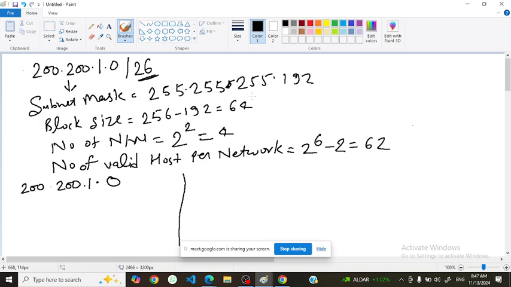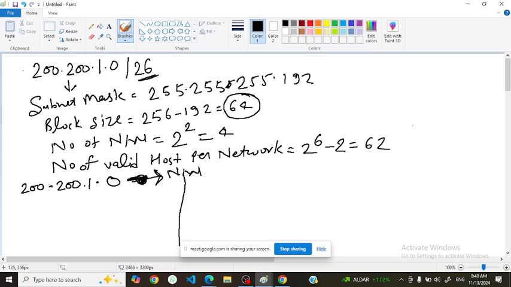So what is the block size? 64. So this one, dot zero, will be the network ID of the first network,